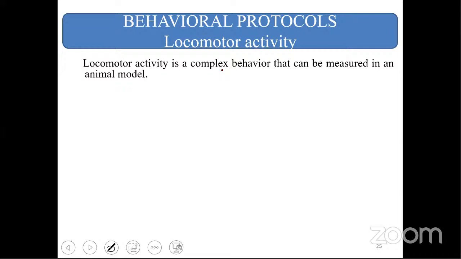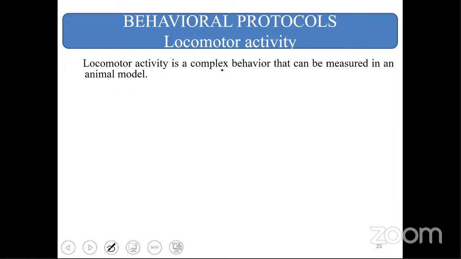So, locomotor activity. You may have performed this earlier in your college. You have seen the instrument called the locomotor, which has photocells. You place the animal, the mouse, and record when it crosses those photocells. Before adding the drug and after adding the drug, we record how many photocells have been crossed by that animal. This is what you record in this locomotor activity, or motor action.